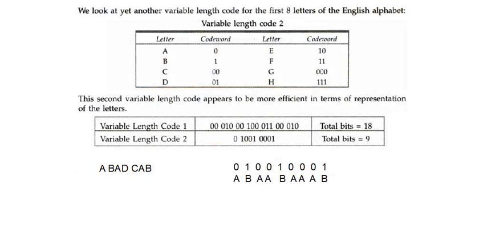And we have also seen a second type of variable length coding, where the same frame can be represented by only 9 bits. So the compression is more in case of VLC2 over VLC1, but though we achieve better compression, decoding is not possible with variable length coding 2. Okay. Whereas in case of variable length code 1 we can successfully decode, and the data size is also comparatively less.